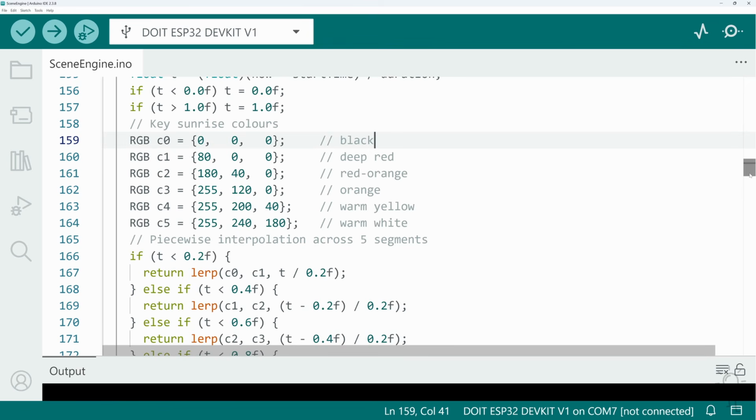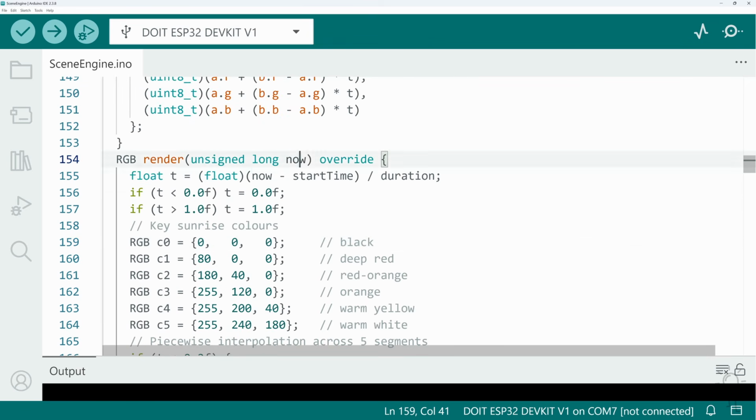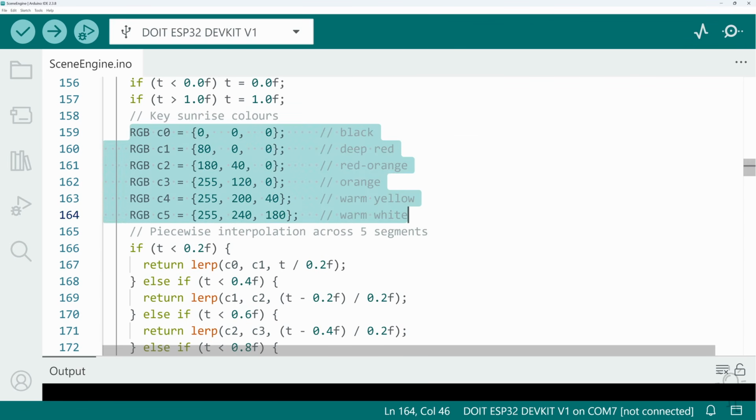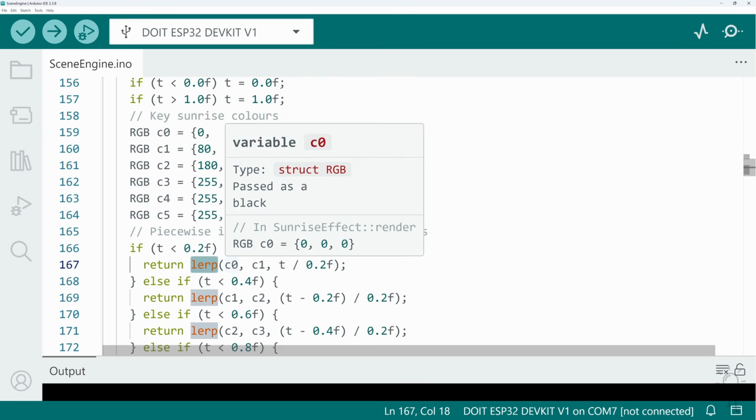And what we do is when we pass in the now value, so the time at which we want to calculate the RGB value for this animation sequence, we normalize that. So we work out how long it is now since this animation started, and then we divide that by the duration, how long we want the animation to last for. So that gives us a value somewhere between 0 and 1 of how far through this sequence of frames we are. And then we use lerp, so a linear interpolation,